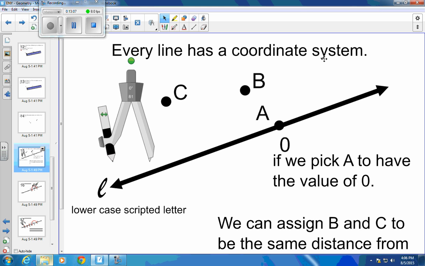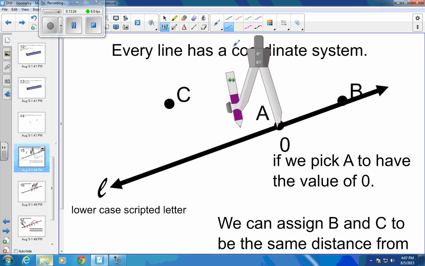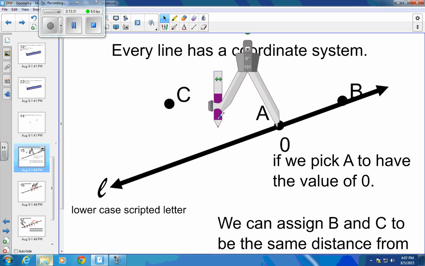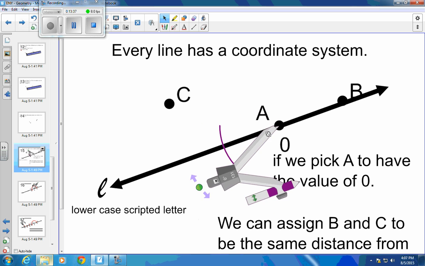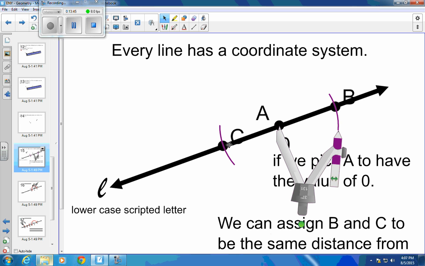Okay, every line has a coordinate system, which means if I have a point A, I can say, hey, let's give that a value of 0. Then I can put a B over here, and I can put a C, and I wanted them to be the same distance, so let me spread this compass out a little bit. I put that right on A, and rotate this around and do this over here. Then I can make point B right there, point C right there, and they are going to be the exact